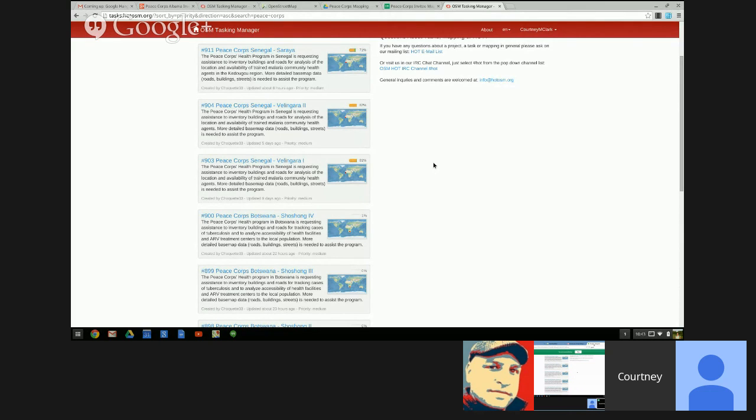So they'll have a private account in Mapbox, and then they are going to create a layer that shows all of the trained malaria community health workers in the region and all of the potential malaria counterparts for volunteers in that region. So that whenever a new volunteer comes to Senegal, or if a current volunteer is primarily working on business advising or agriculture and wants to do a secondary project related to malaria, they'll be able to access this map